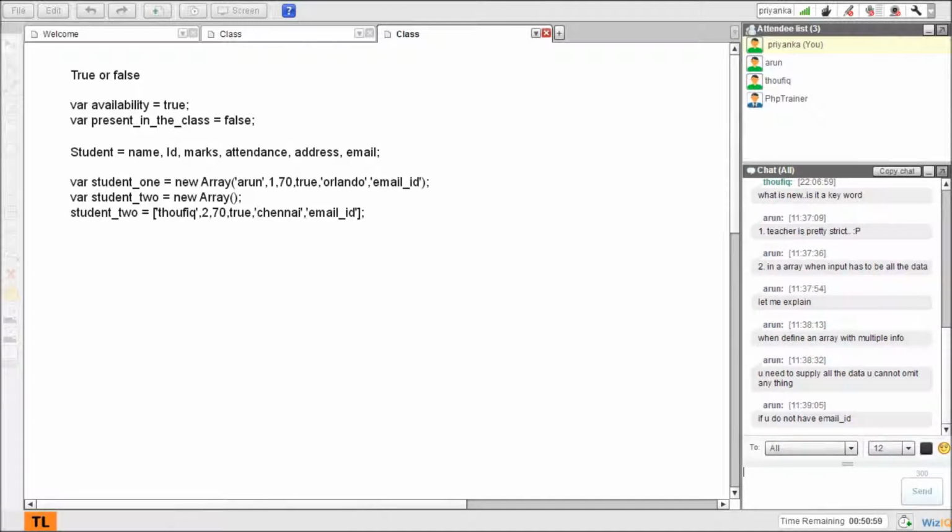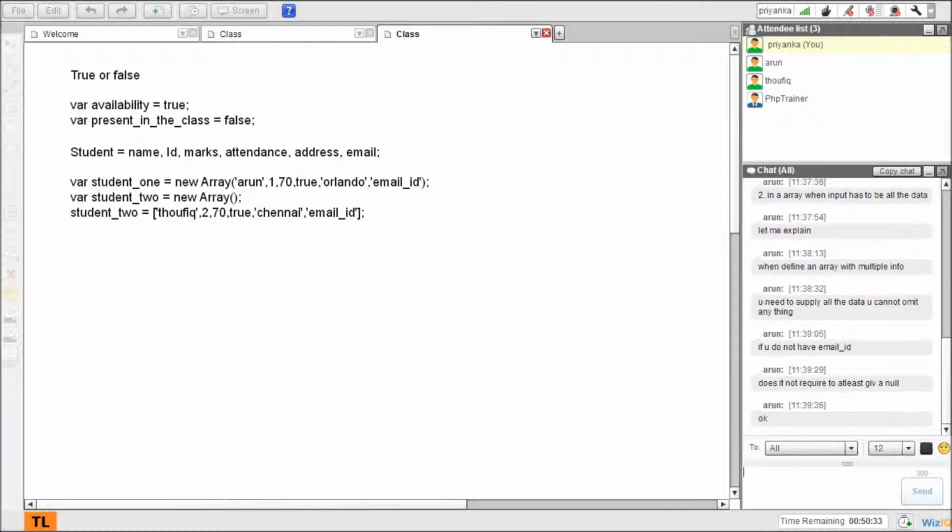If I do not have an email ID, no problem, because it's not going to be stored anywhere. It's just a memory allocation. If you guys know about memory allocation, the kernel data, how the operating system stores these files, then yeah, I'm coming to that point.